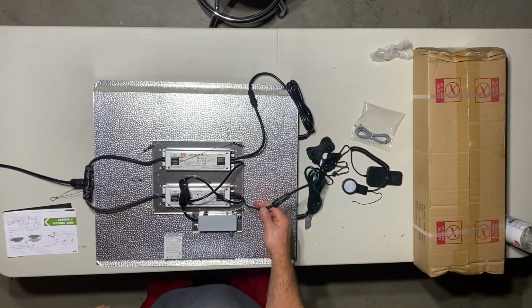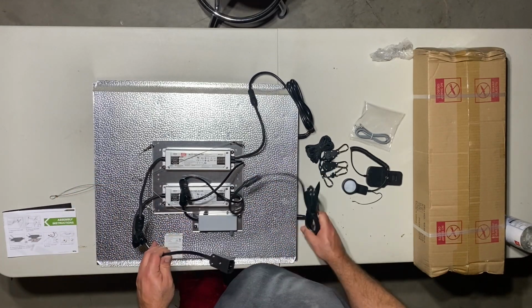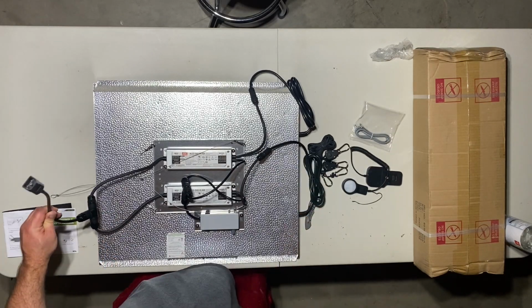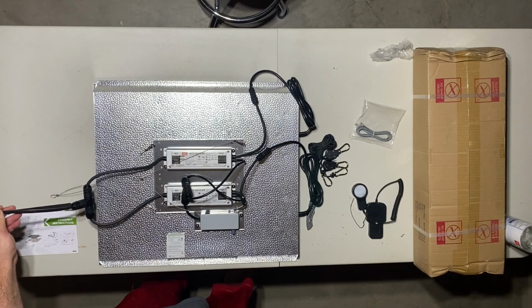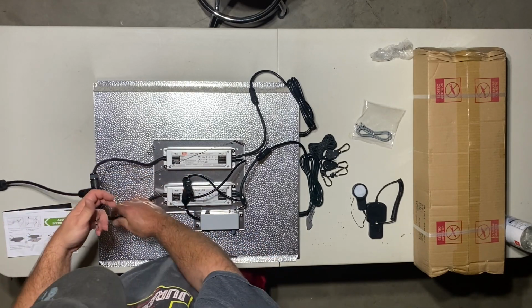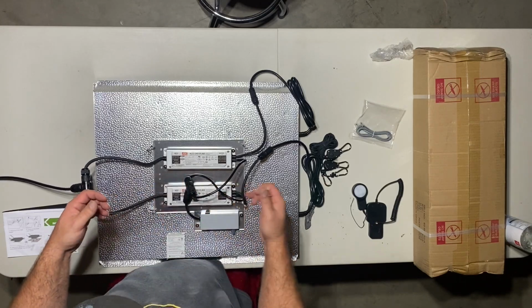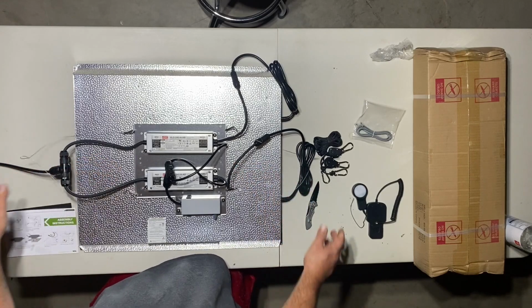Okay, now I have both drivers connected. Don't have this connected to power yet, but that's connected, that's connected. Next step, power, and turn on the light. So again, you've got to make sure when you run these, you're doing it and it's free from